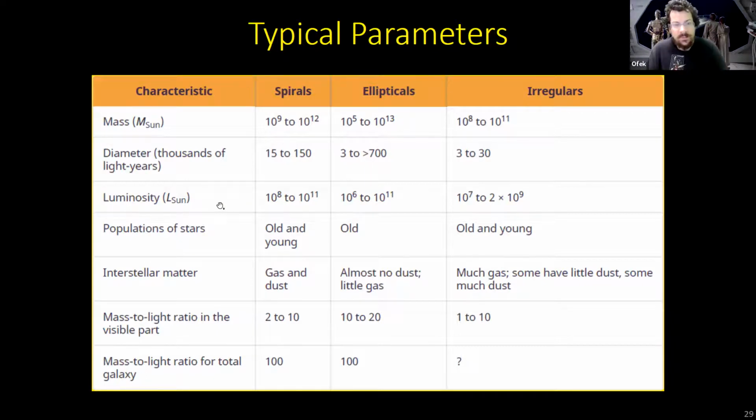More interesting maybe is the types of stellar populations, where the ellipticals mostly have older stars and spirals have both old and young. And we already discussed that the young stars appear in spiral galaxies because the rotation itself, creating the spiral arms, triggers star formation and makes a constant production of young, blue stars in these spiral galaxies.